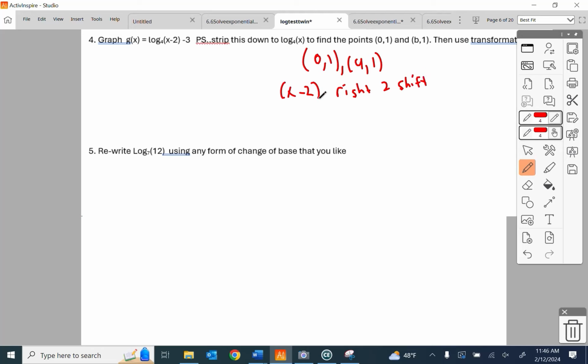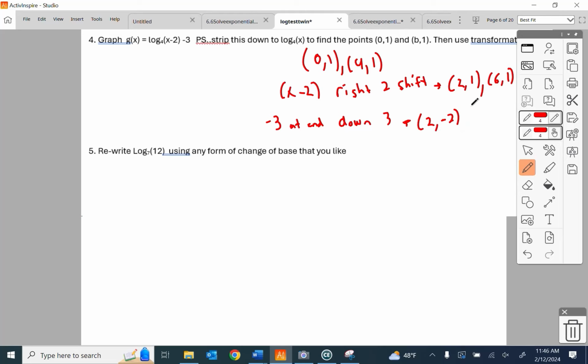It's always opposite of whatever's inside parentheses, kids. And there's that minus 3 at the end, which is a down 3. So to go right 2, I'm going to add 2 to that guy and 2 to that guy. I'm going to become (2, 1), and I'm going to become (6, 1). Down 3 is going to take away from your y values. So (2, negative 2), and then (6,